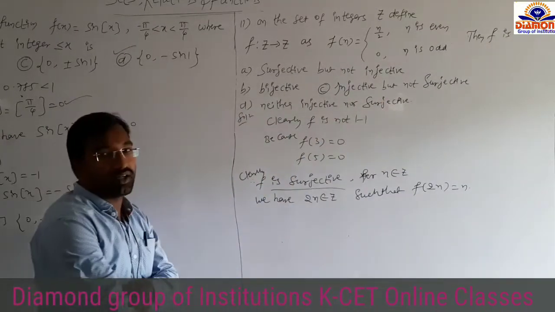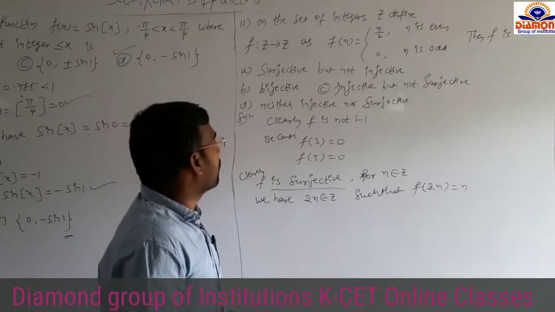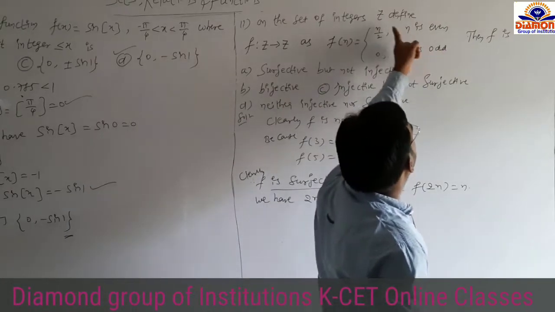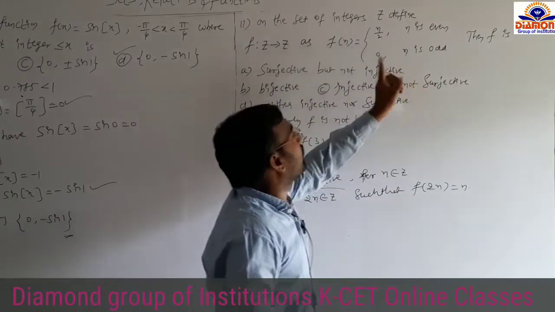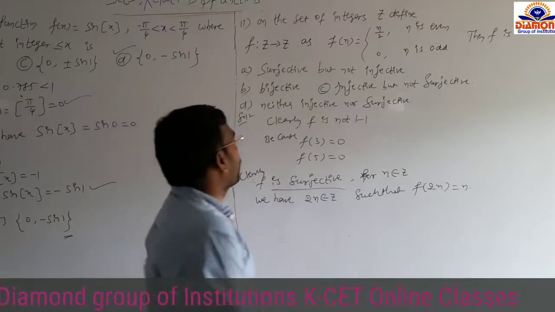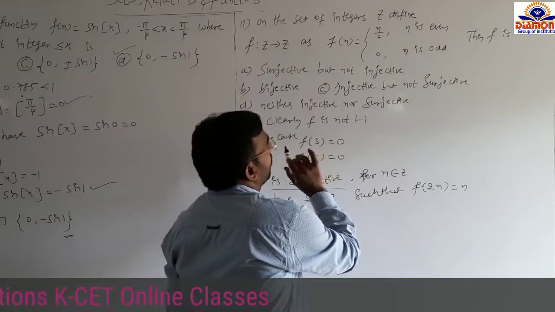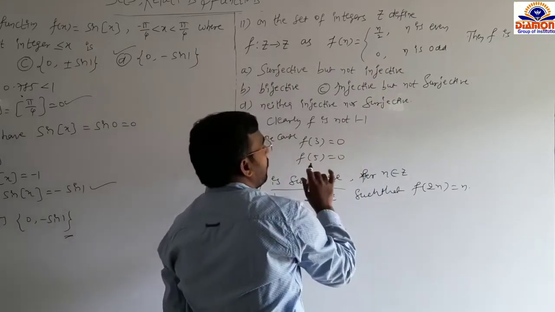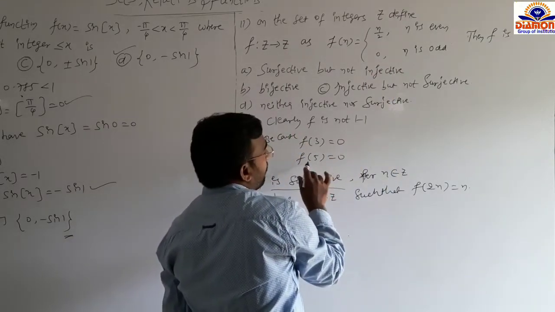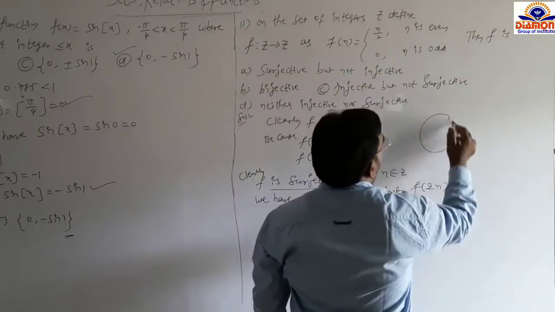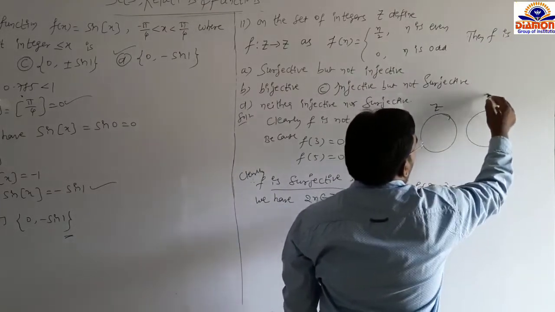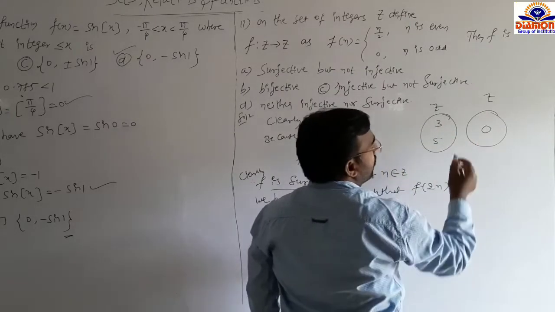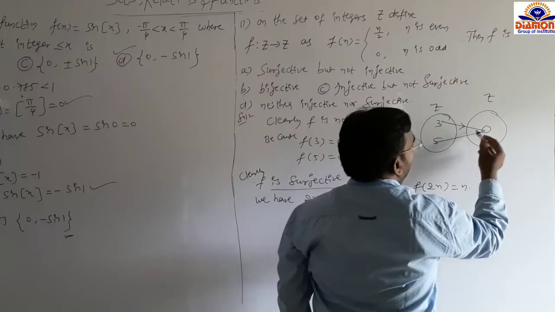First verify the one-one condition, the injective condition. So here the given function depends: if n is an even number you get n by 2, if n is an odd number you get 0 only. So if you take f of 3, 3 is an odd number, so you get 0 only. So f of 3 equal 0. Similarly, another odd number, 5, f of 5 equal to 0. Here the domain is Z, the codomain also Z only. So 3 is related with 0, 5 also related with 0.